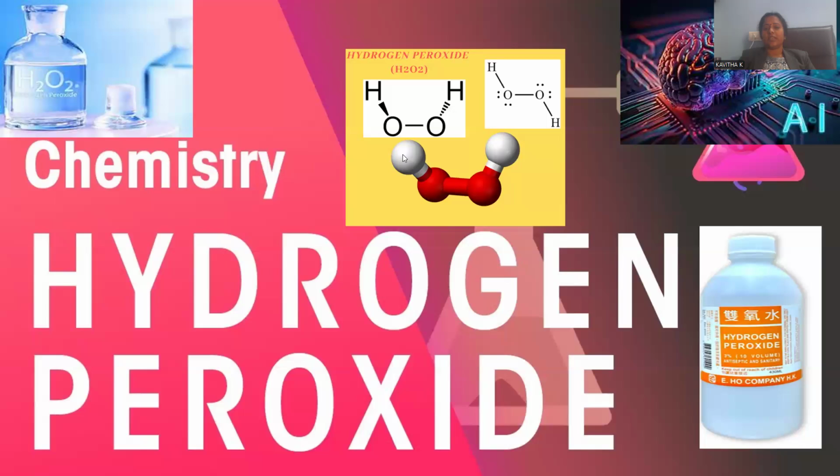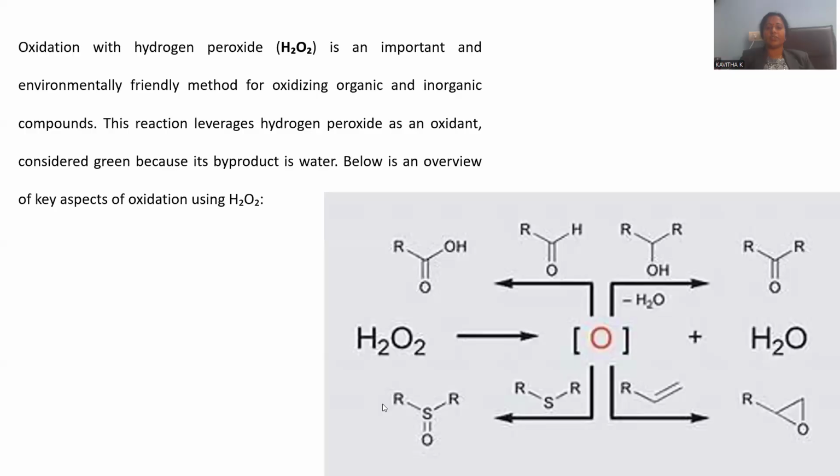Right, so this is the way our twisted molecular representation is shown with this 3D ball and stick model. And you can clearly observe one of the hydrogens is inclined towards the viewer, and the other hydrogen is away from the viewer. You can notice hydrogen peroxide is a colorless liquid, and it is available in such kinds of packages, right? So now let's enter into the concept we are discussing.